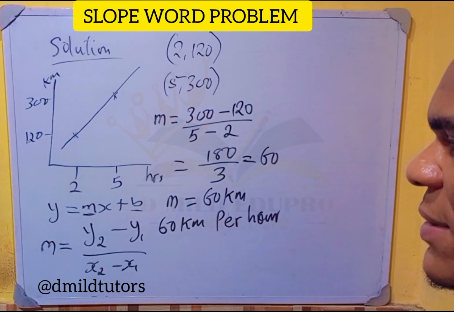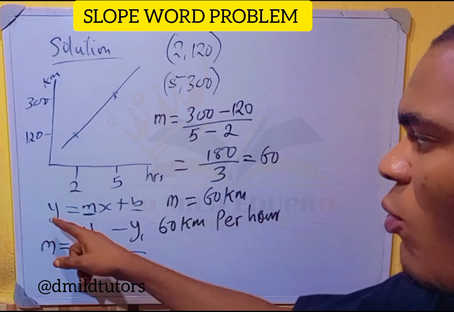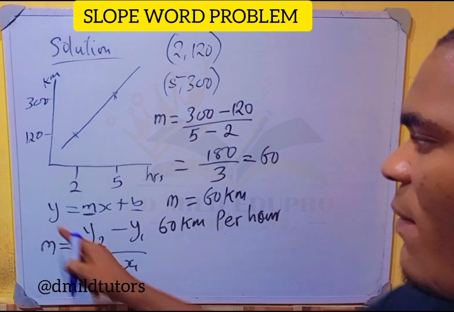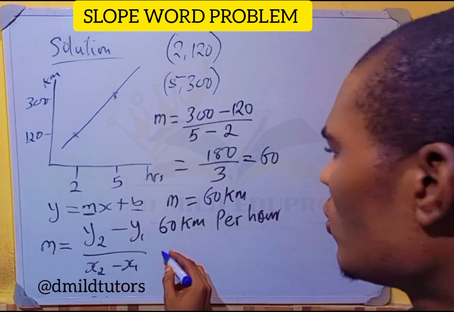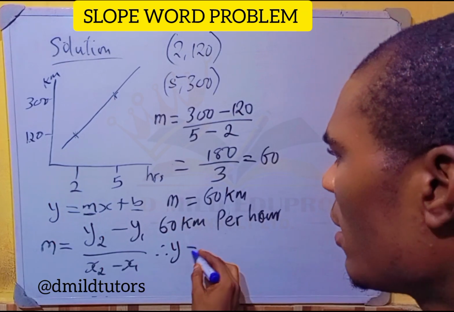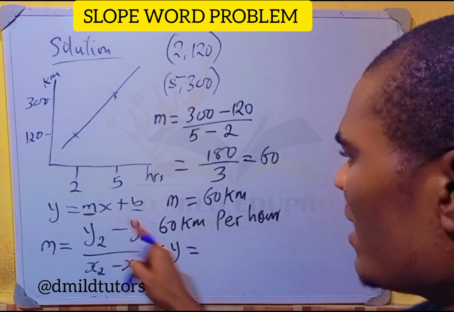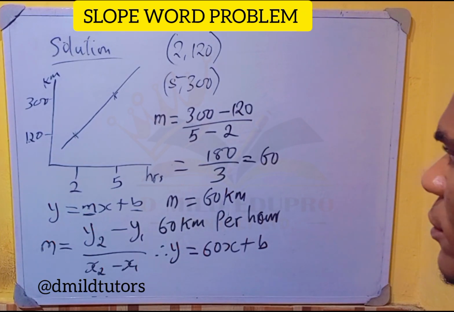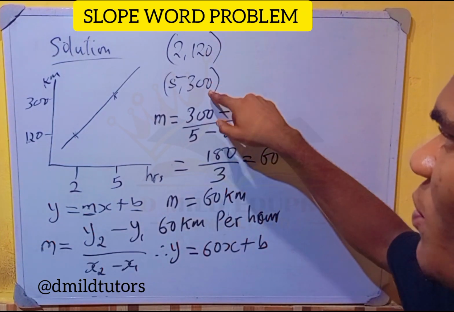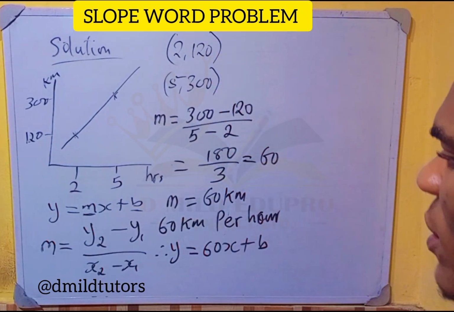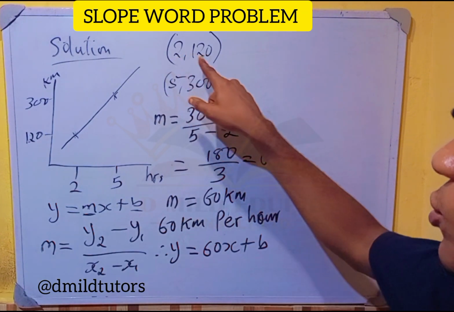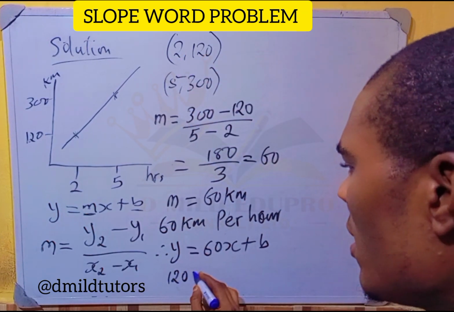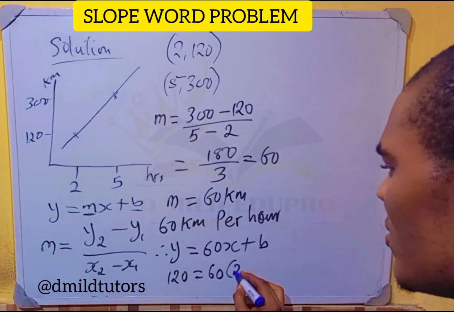Now let us answer question number 2, which says: what will be the equation of the line? Remember this is our equation of the line, so we now have y equals m, which is our slope, 60, x plus b. Now we can pick either of these points, but let's go with this one. When x is 2, y is 120, so we make y 120 equals 60 times 2